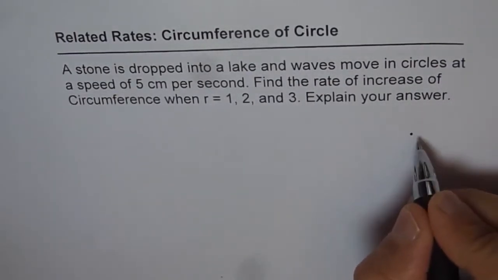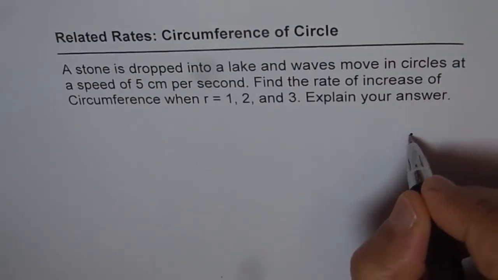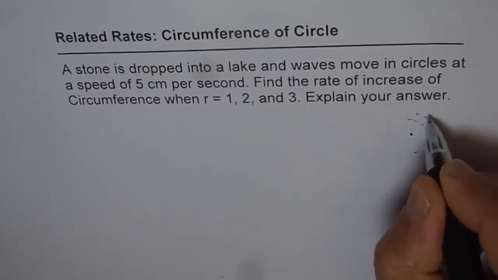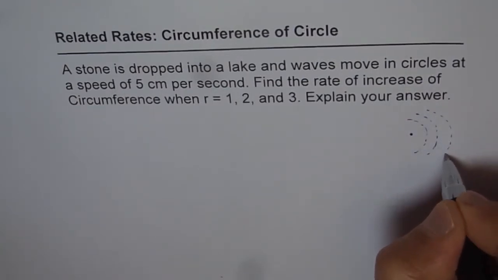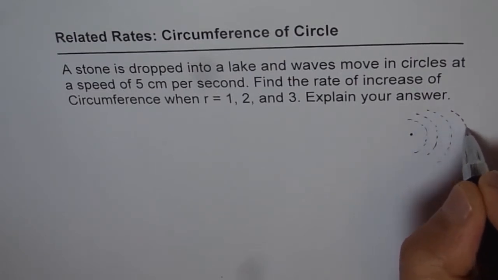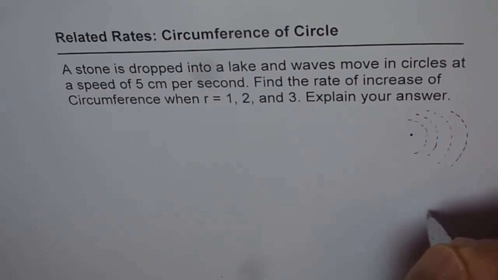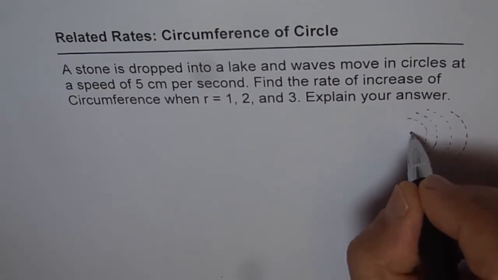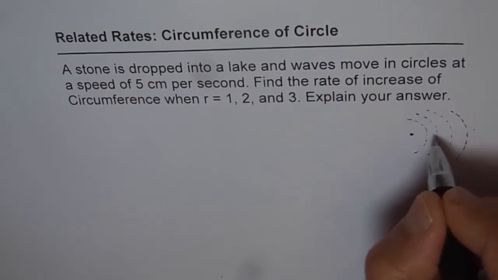That means there is a stone and as it drops on a quiet lake, it will send ripples, right? I'm doing it again and again so that you get the idea. It could be a raindrop or it could be an oil spill, whatever it could be. But the idea is that there is a drop which changes the water, and this